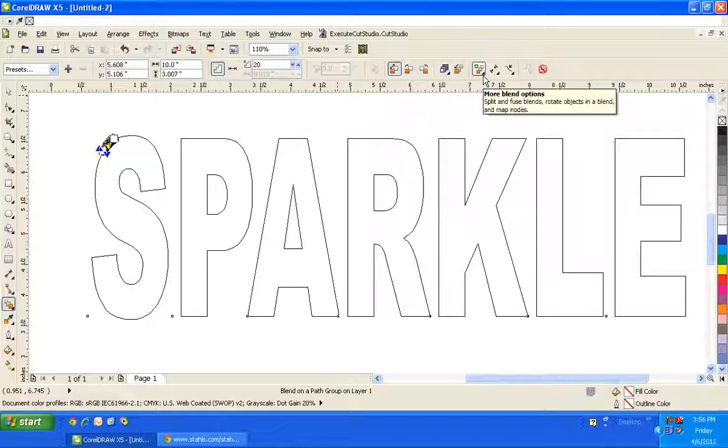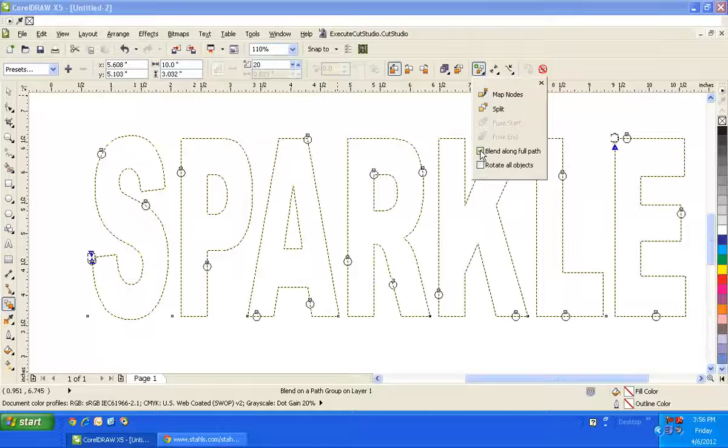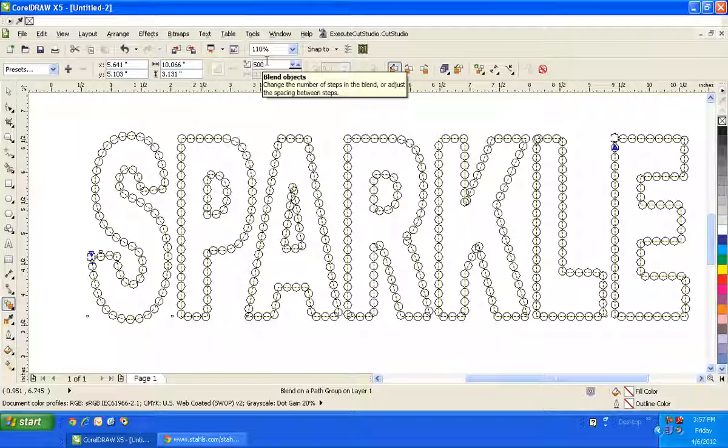I want to go to my More Blend options and hit the little triangle down arrow to have more options, and I want to blend it along the full path. It's going to take however many blends it could fit between one destination to the other that I dragged it from, and spread it out amongst the whole entire path. And I can manipulate the amount of blended objects in this box here, where it says 20 right now, the amount of circles that were originally in my blend path. I can change it to like 500. I can change it to